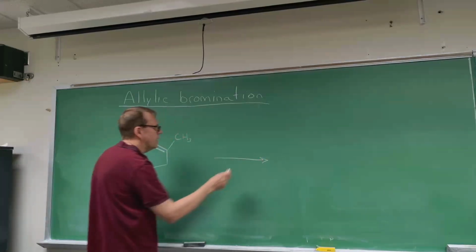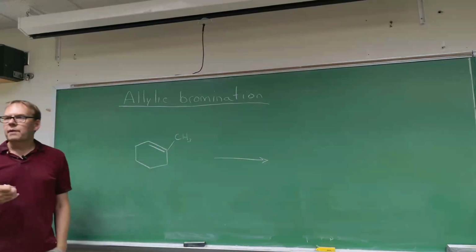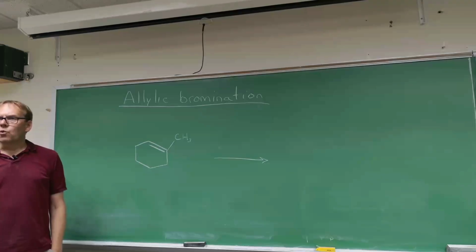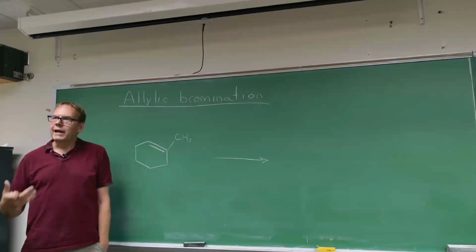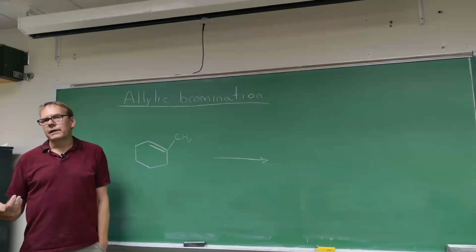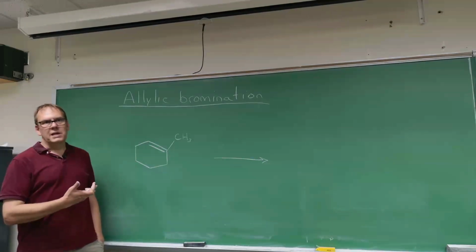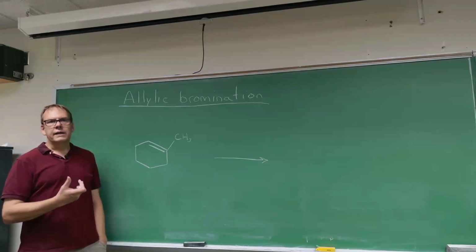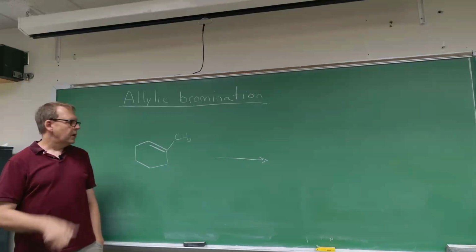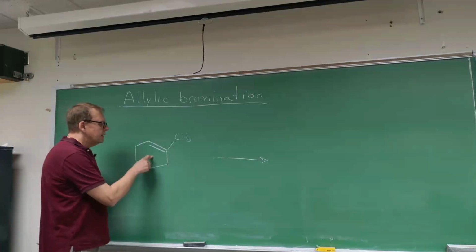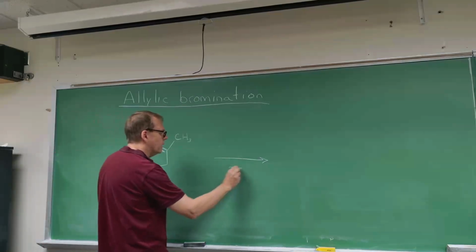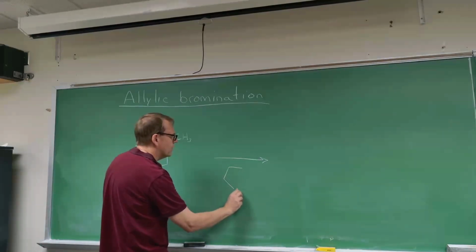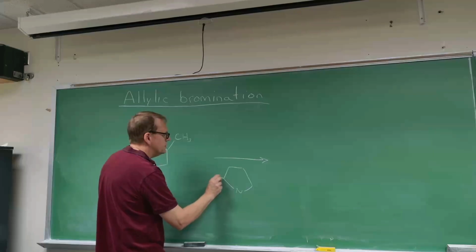So you might see, and this is the most complicated example that we're going to go through. It's kind of a worst case scenario in terms of what's the most complicated question you might get on a homework set or on an exam. This is going to be it right here, just because there's a lot of different products and a lot of things to think about. So if you saw a molecule that contains a carbon-carbon double bond, and you saw below it or above it, somewhere around the arrow, this molecule,